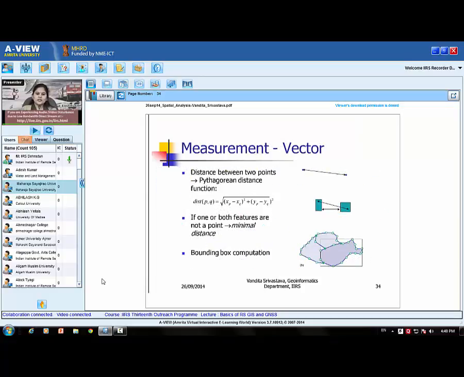The measurement operations are the second category of operations, wherein we produce some more information about the existing spatial features. Now we could have these raster and vector representations. The vector representation would have points, lines and polygons. So we can have measurement operations within each feature type, that is point or line or polygon,